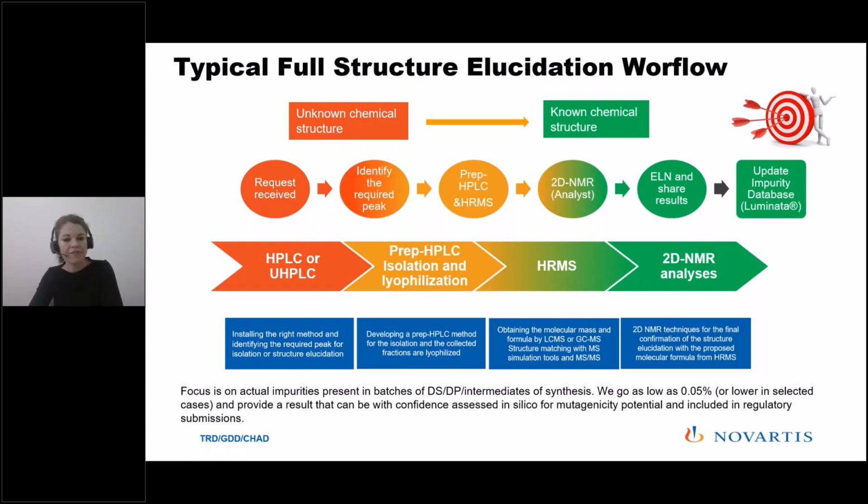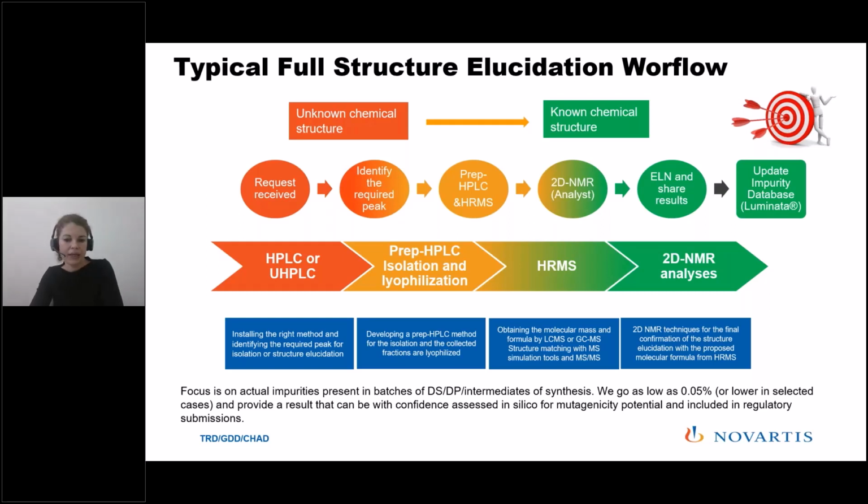So we do the PrEP LC method development, and then we isolate the peak. We lyophilize it and perform MS both before and after lyophilization to ensure also that there is stability after the lyophilization. Perform then 2D NMR and high resolution MS, and using the two inputs of both the mass spectrometry and the NMR together, we would end up with the final proposal of a confirmed, hopefully, structure that we would then have in ELN, share with the project team, and update in our impurity